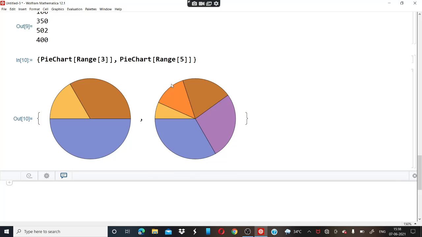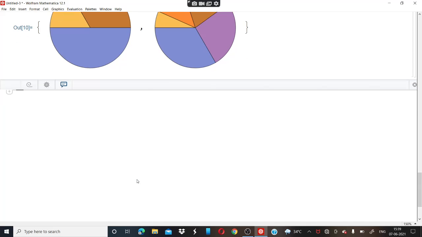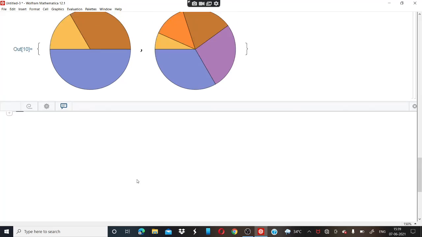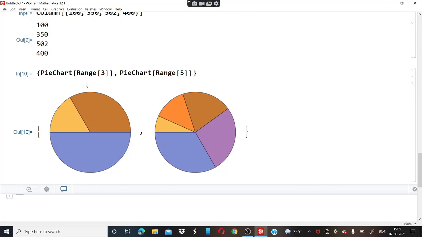So as earlier you were giving x and y axis, meaning for a point you are doing x comma y, in the similar way you can also plot this pie chart in that form. What this function is doing is, for the range 1 2 3, it is plotting the pie chart.